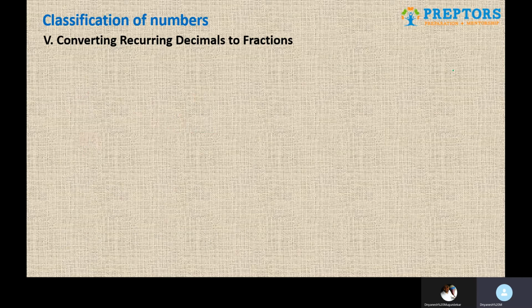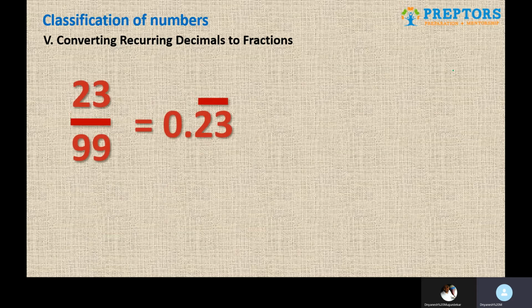And we can apply that to some of the questions as well. For example, if you want to do 0.23 bar, that is 0.23 recurring continuously, 23, 23, 23, and so on. As we had just now seen, if you want to recur one digit, we have to divide that digit by 9. So similarly here we are recurring two digits, so we'll have to divide by two 9s. That's all. So the answer to that fraction becomes 23 by 99, because we are recurring two digits and hence we are dividing by two 9s. So this is how you convert a recurring decimal to a fraction.